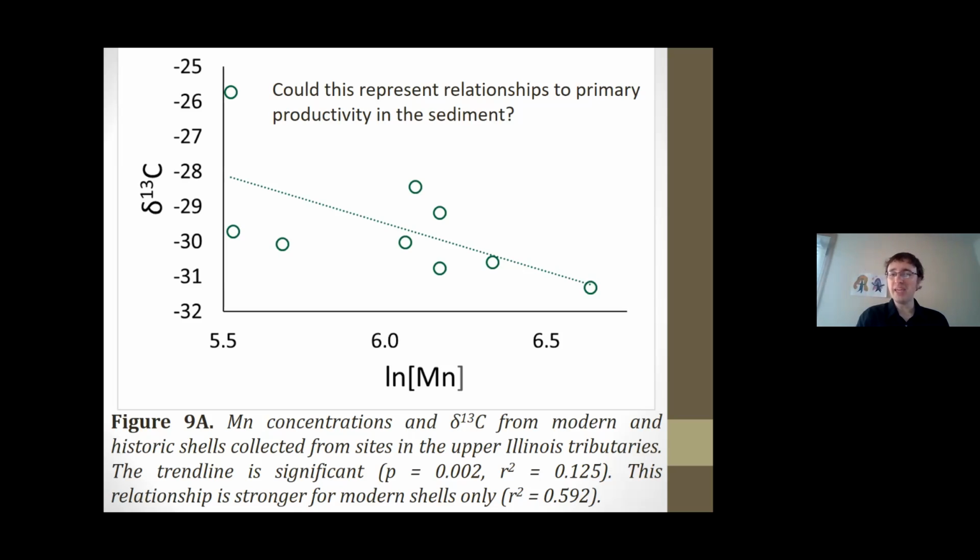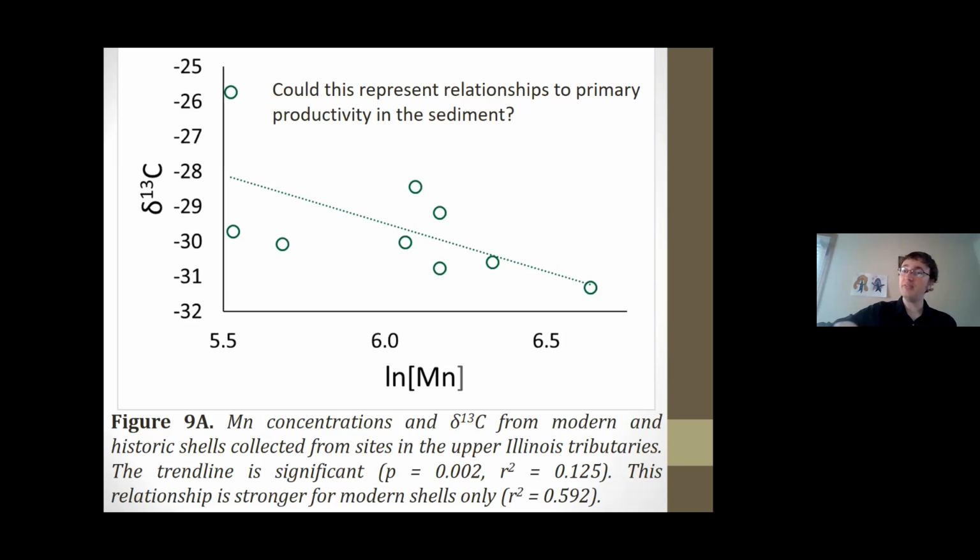And so at higher manganese concentrations, you see more negative values of delta C13. As I started digging more in the literature, I found again that this was not widely studied, but there is some evidence. This is from one very recent paper. There is some evidence that manganese in shells is not as driven by dissolved oxygen as was originally believed. And it may have to do more with what's going on with algae down at the bottom.